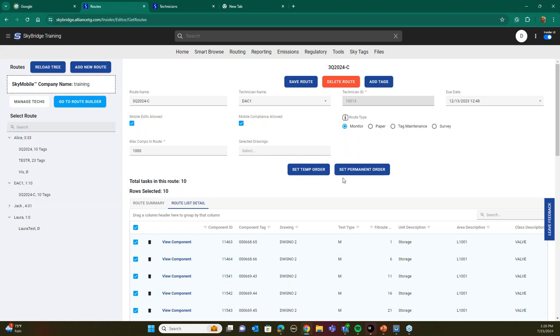So that's the options that you have in Route Manager now that you didn't have. You had set temp order, but now you got the permanent order here. Okay. You still have paper route. If you have to do it on paper, see the makeup of it right now. You see the route, unit, area, class, all that good stuff. And when I right click here, I get force test type, delete component out of here, move selected to another route. But when I hit paper route and I save the route,